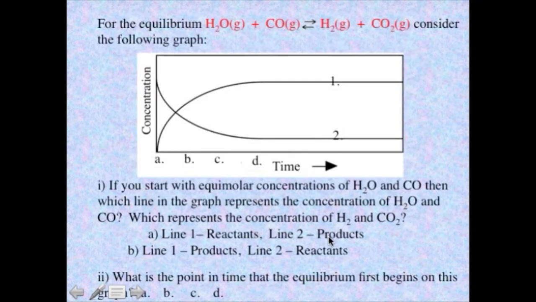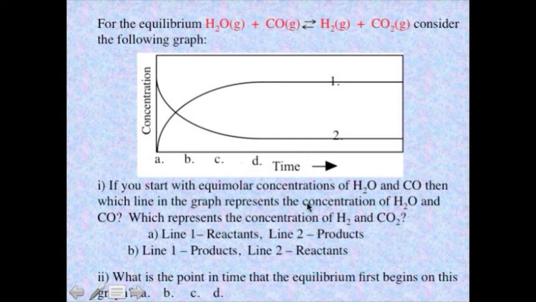Gaseous equilibrium. So let's take a look at this equilibrium. Water in the gas phase plus carbon monoxide reacts to form hydrogen gas and carbon dioxide gas. And let's say we have a graph representing concentration versus time. Now, if we start with equal molar concentrations of water and carbon monoxide and no products, then which line in